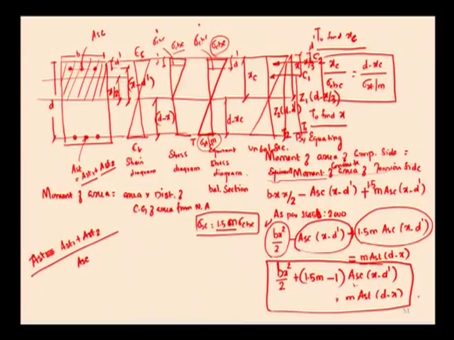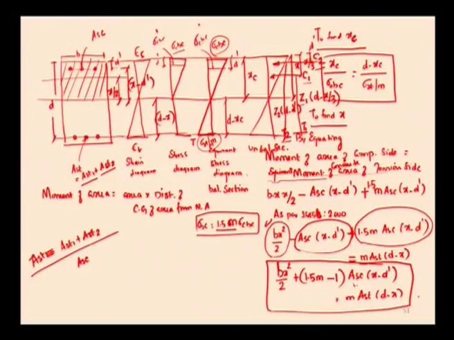Here C1 is the total compressive force offered by the whole concrete area above the neutral axis, C2 is the total compressive force offered by the compression reinforcement, which is acting at d dash from the topmost extreme fiber. T1 is the tensile force used to balance C1, T2 is the total tensile force used to balance C2, and the resultant distance between C1 and T1 is the lever arm Z1, that is